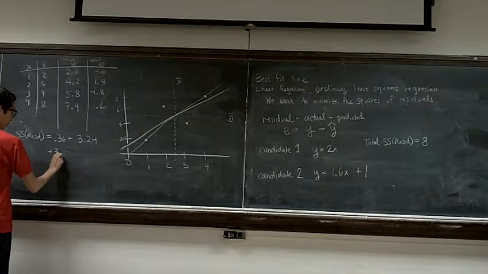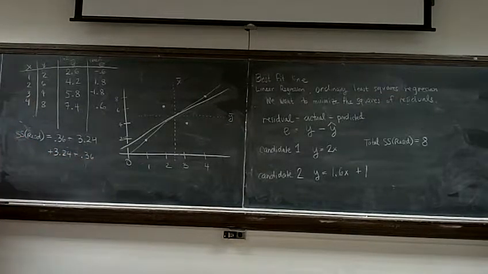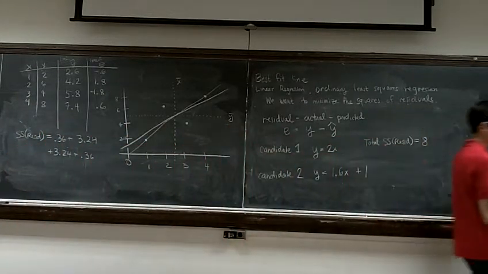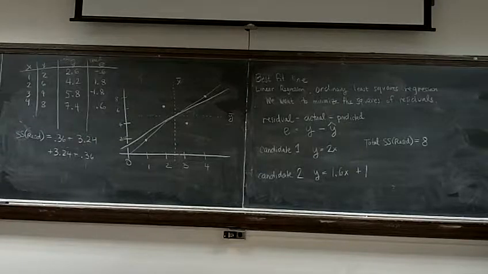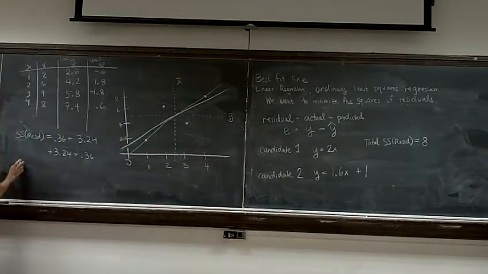Plus 3.24 plus 0.36. Alright, so I get a total of 7.2. So my sum of squares residuals here